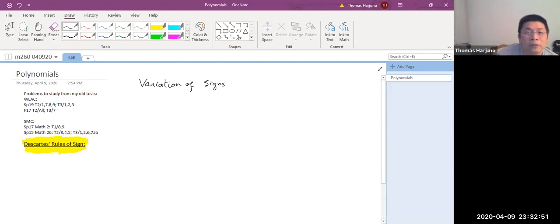What is variation of signs? I think I say it wrong. Variation in signs of a polynomial p(x). That's the number of variations in signs for polynomial p(x) is the number of times